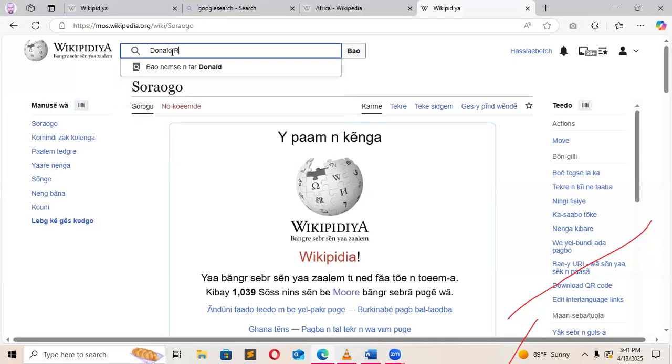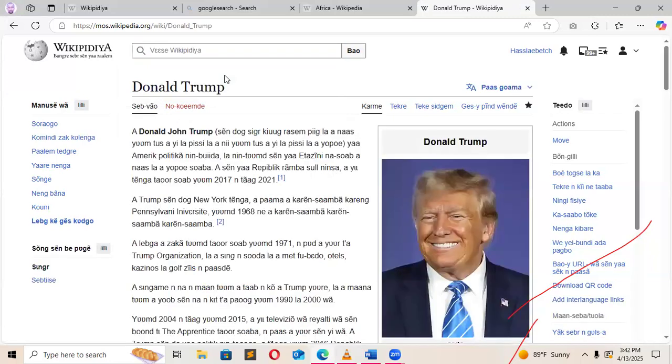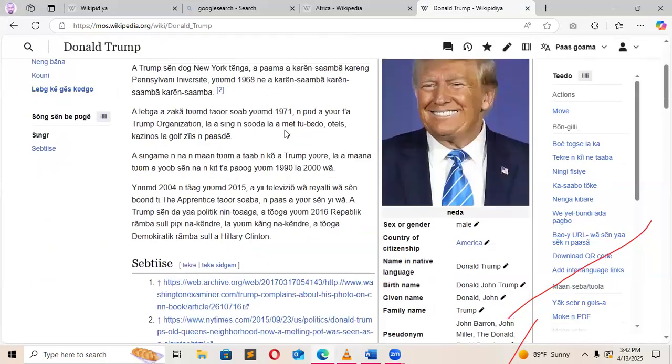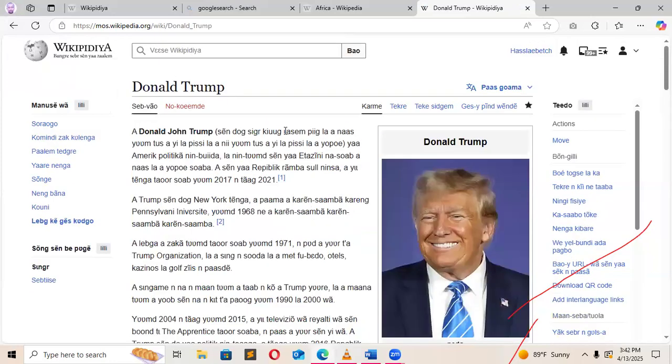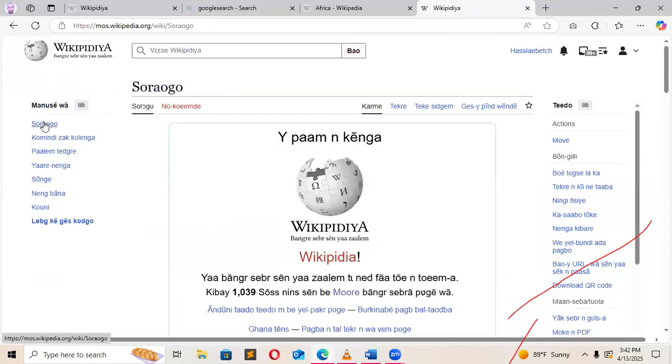Then you search. If the article is already created, you only have to add information to that article, because we don't want duplication of articles. But if the article is not yet created, after searching, you will see the article appearing at the bottom of your search.